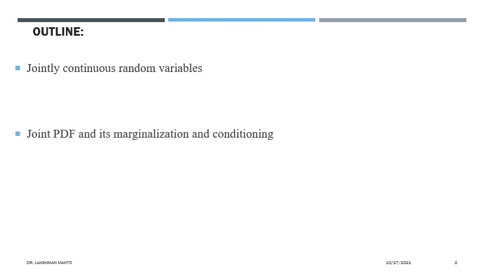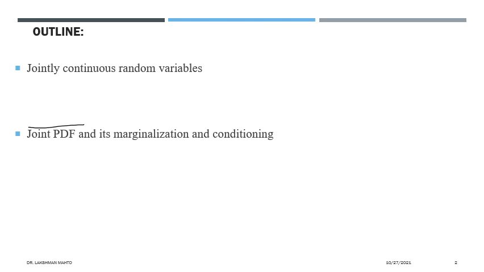Coming to the outline of today's lecture, first I would like to discuss the jointly continuous random variable, and how we can describe a jointly continuous random variable. We can describe it with a joint probability density function. Then if we have a joint probability density function, can we get back our marginal density function and conditional density function? Those things we will talk about.